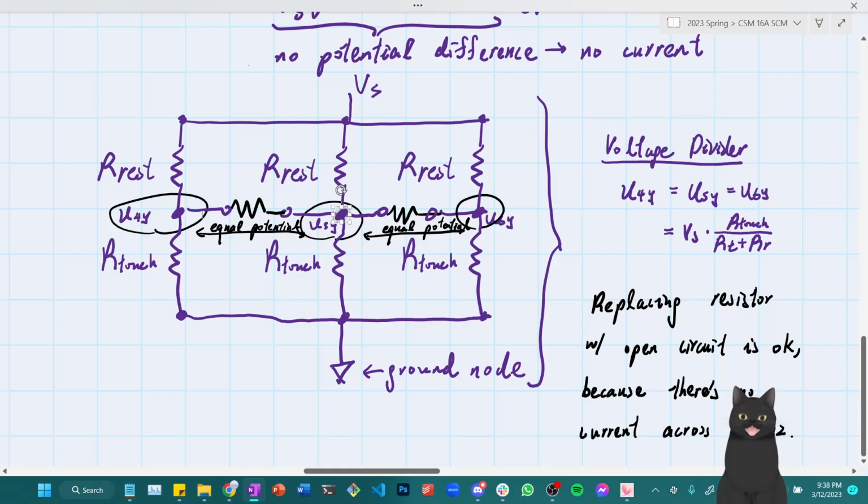That introduces potential difference between U4Y and U5Y, which causes current to flow from a higher potential node to a lower potential node. So if we switch up any bottom resistor, this ratio changes,